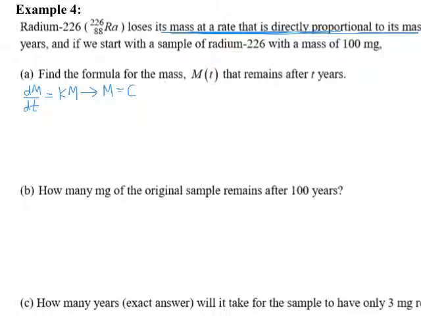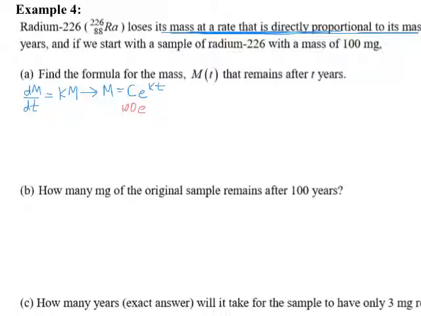Mass is equal to the initial value times e to the kt. So there's a solution to the differential equation, and now we should start working at applying some of the information that we have. They tell us that the half-life is 1,590 years, which basically means if I started with 100